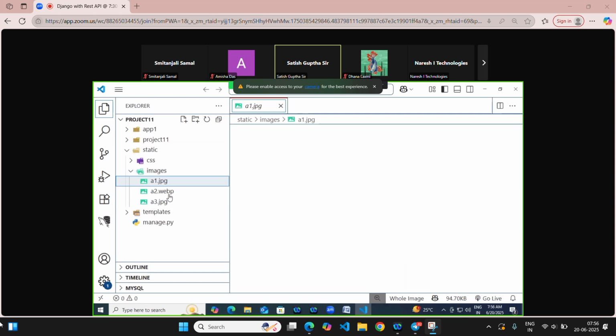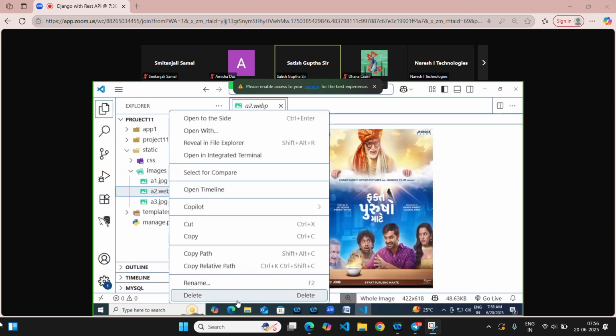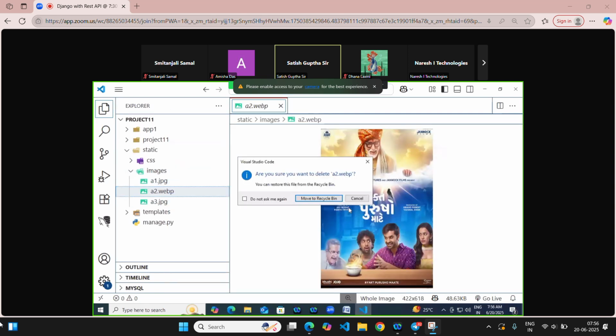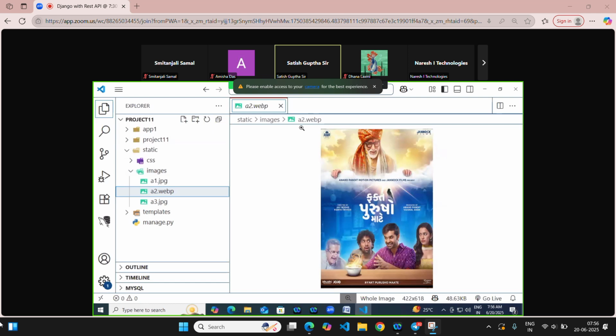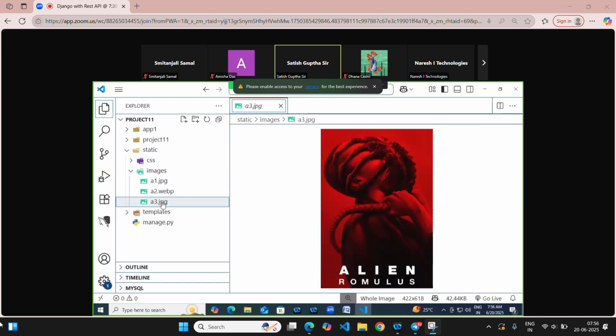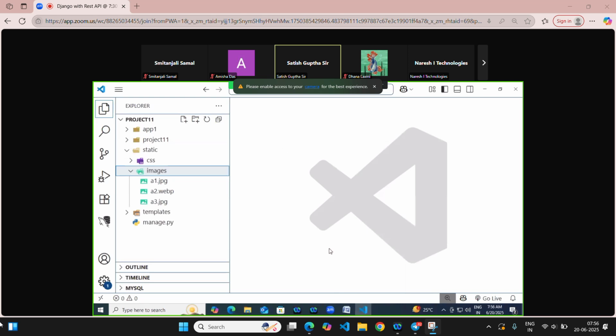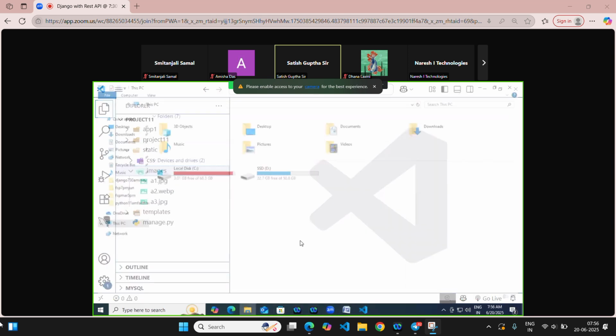So here I copied some images. I delete this image. Because this is having an extension, this one here is one image and this is another image. So some images I've taken. The images I copied here, in which folder? The images folder. So after copying to the images folder,